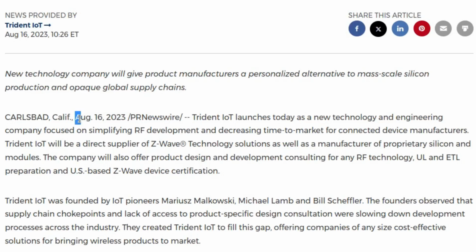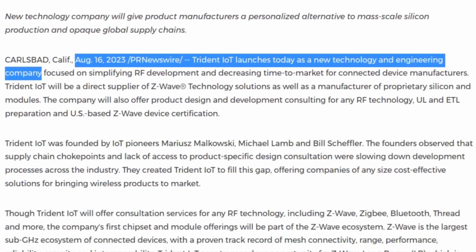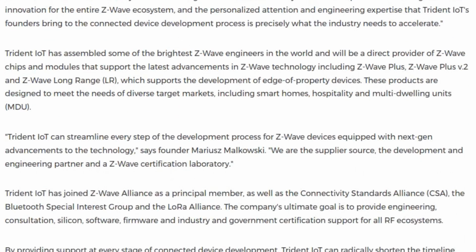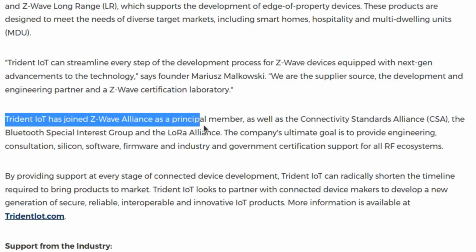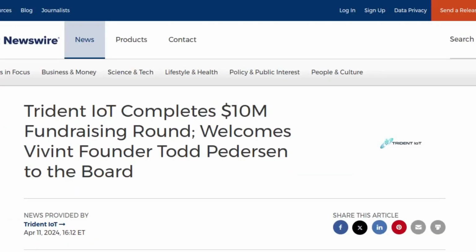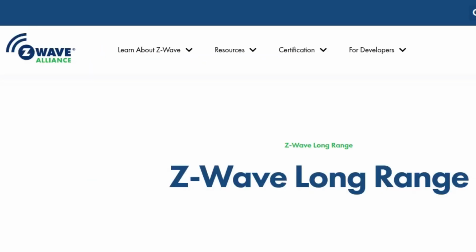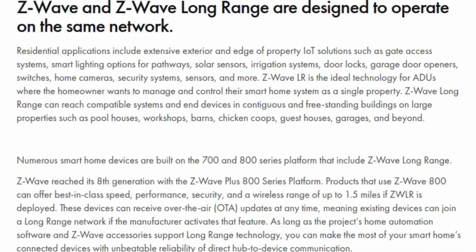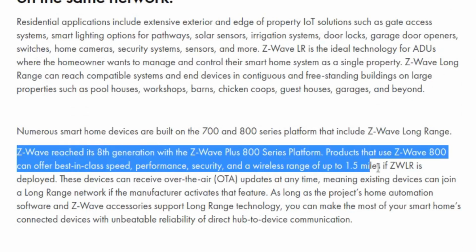The new chip manufacturer, Trident IoT, seems to be a startup company that launched in 2023. They recently raised $10 million in their last round of funding in 2024. Given the recent financial performance of Silicon Labs, more competition is not what the company needs. So, even with a new small chip manufacturer in the lineup, you should not hold your breath for lower Z-Wave prices. Most promising has been the launch of Z-Wave Long Range, with range of up to 1.5 miles for some